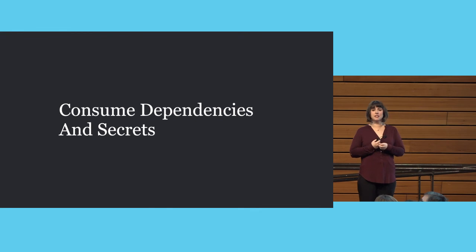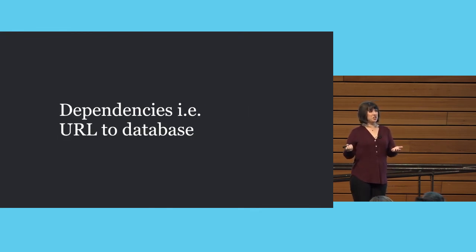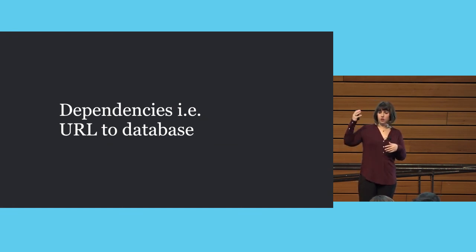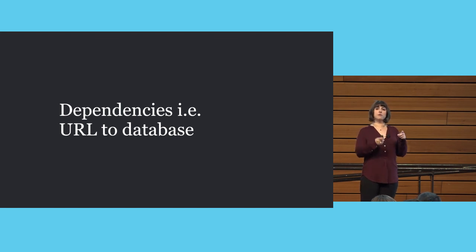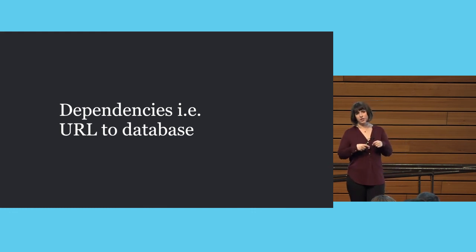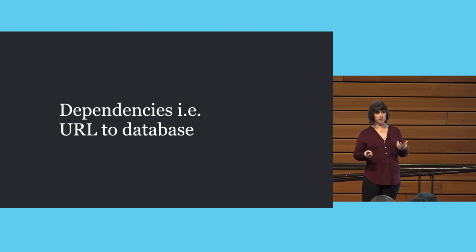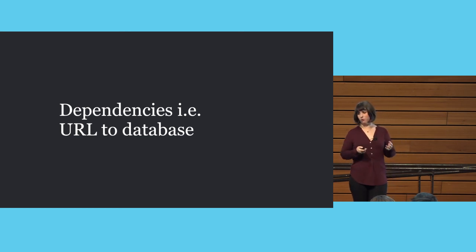Consuming dependencies and secrets. And what do I mean by this? So dependencies, like, what's the URL to your database? Think about it. If you're running a deployment pipeline that's going from a merged pull request to production in, let's say, an hour, it's going to go through some pre-production environment. It might go through some testing environment, and then it's going to go to production. You're going to have 3 different databases in that pipeline, and you don't want to be going in and making a code change every time your service needs to talk to a different database. So being able to inject that information into your service makes it a lot easier for things to go through.